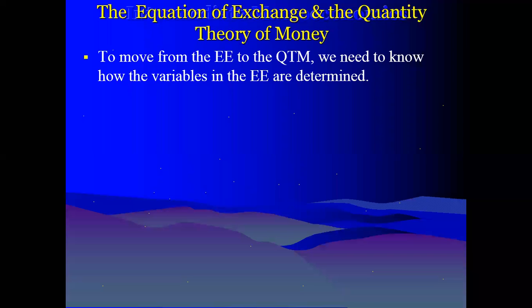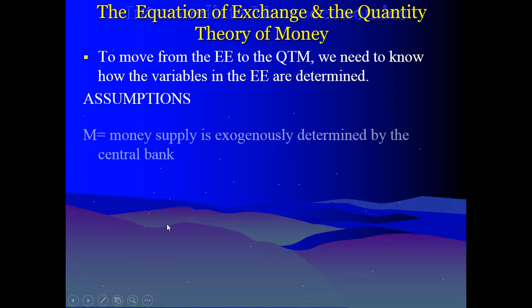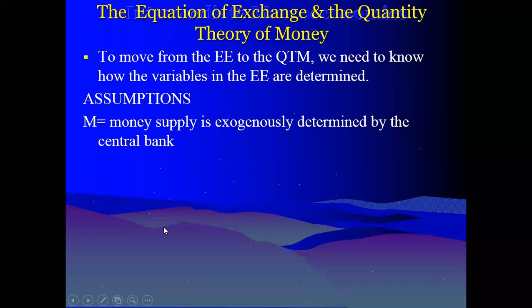Now we want to move from the equation of exchange to the quantity theory of money. And then we need to know how the variables in the equation of exchange are determined. So these are the assumptions that we need to hold. I'm sure you know economics by now. We always need to hold assumptions. And the first one is that the money supply is